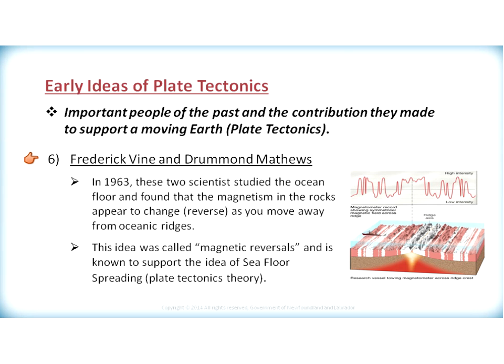A sixth piece of evidence was suggested by two scientists, Frederick Vine and Drummond Matthews. In their work in the 1960s, these two scientists studied the ocean floor and found that magnetism in the rocks appears to change or reverse as you move away from an oceanic ridge. This idea was called magnetic reversals and is known to support the idea of seafloor spreading, which directly supports the